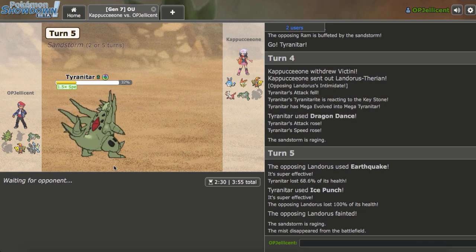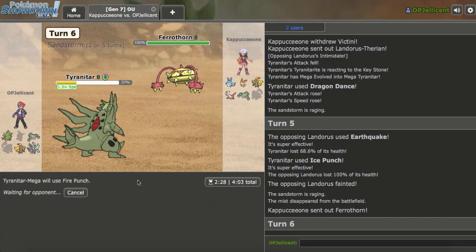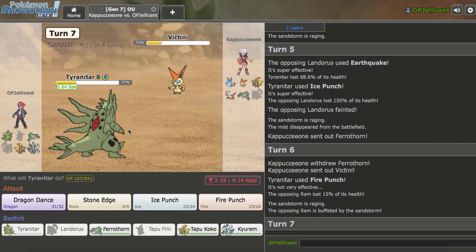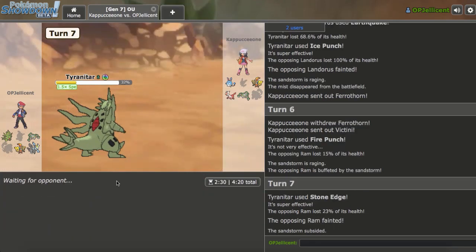He might not even go out into that. Maybe he has another Scarfer somewhere. Goes Ferrothorn. I do have Fire Punch, so let me go ahead and click that right here. Is he going to be Okaberry? Scouts with Victini. This won't knock me out, though. I'll just go ahead and Stone Edge. Knock that out. Not sure why he went Ferrothorn and then sacked Victini, but let's see what he brings in